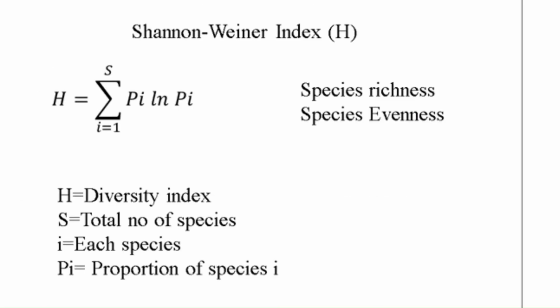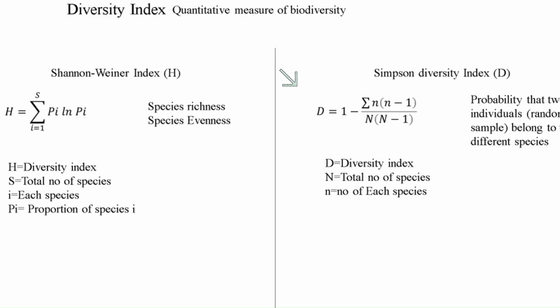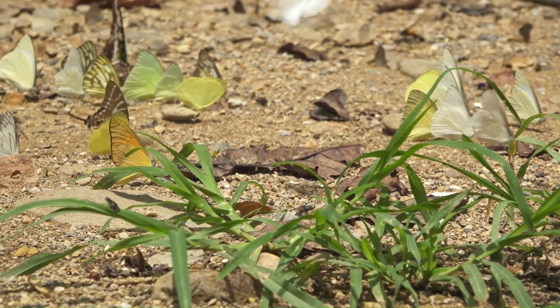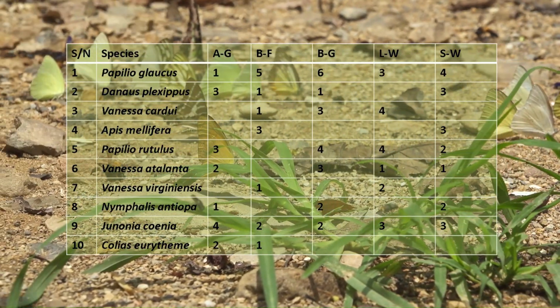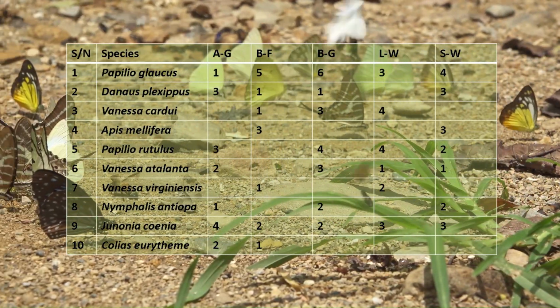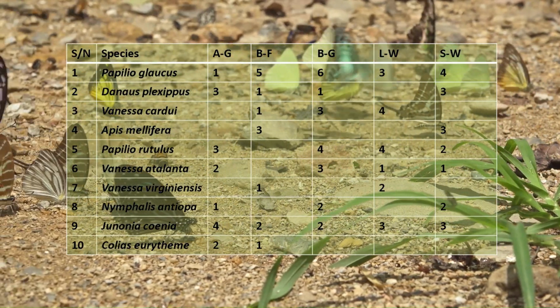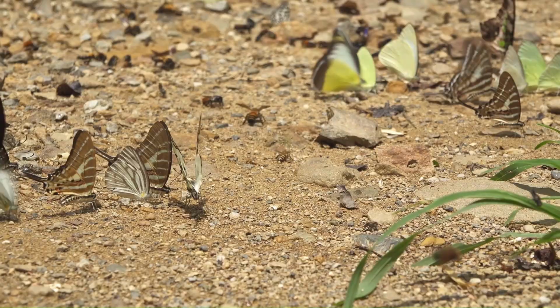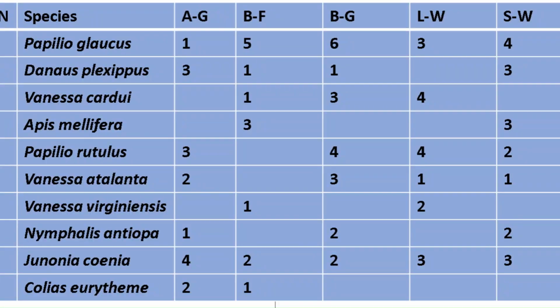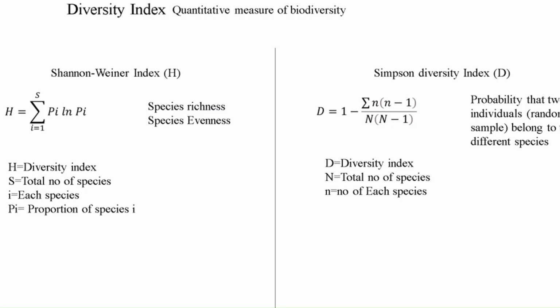The calculation of the Shannon-Weiner index is based on two factors. One is species richness, and the other is species evenness. Species richness is the number of species present in a given community, and species evenness is the relative number of individuals of each species in a given area. The species richness and the species evenness are calculated from the list of species and then easily put into the formula to obtain the